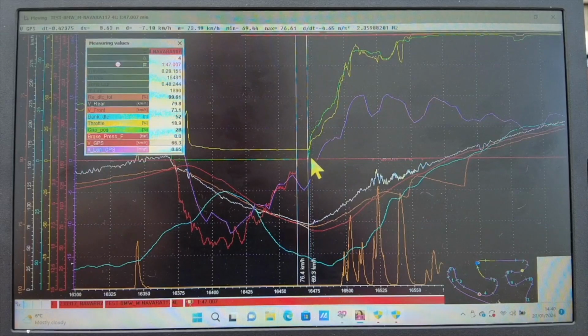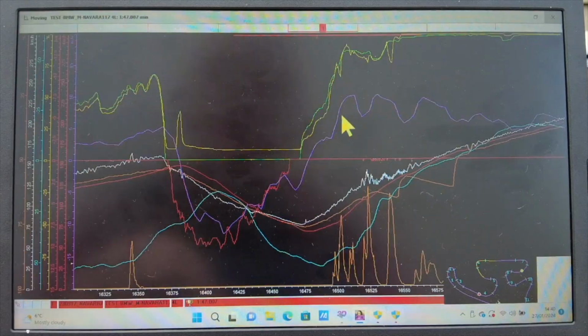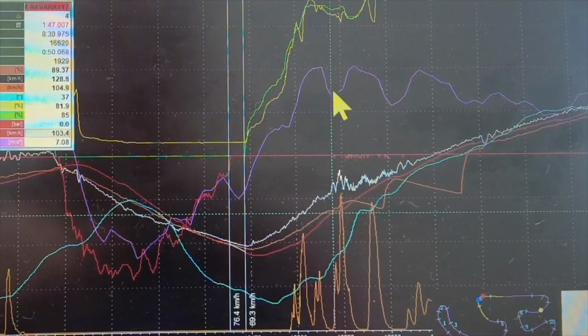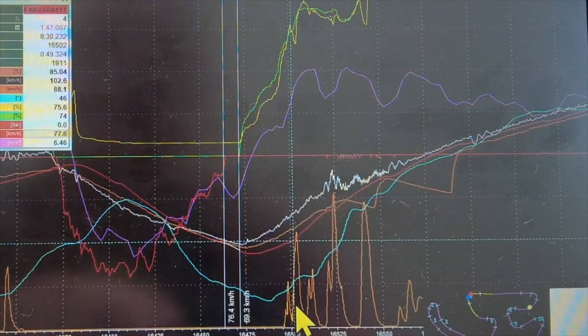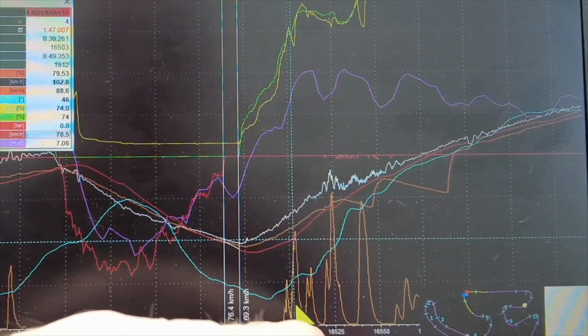Everything seems to be going really well from effectively the apex on the first drive out of the corner. Ideally you want to try and keep that curve more consistent. As soon as you get any hit with the traction control, or you ease back on the throttle for whatever reason, you're going to stop that acceleration curve, as it were. And then all of a sudden we go through this big hiccup here, and that hiccup more or less tallies with the first part of the bottom of the scale here.